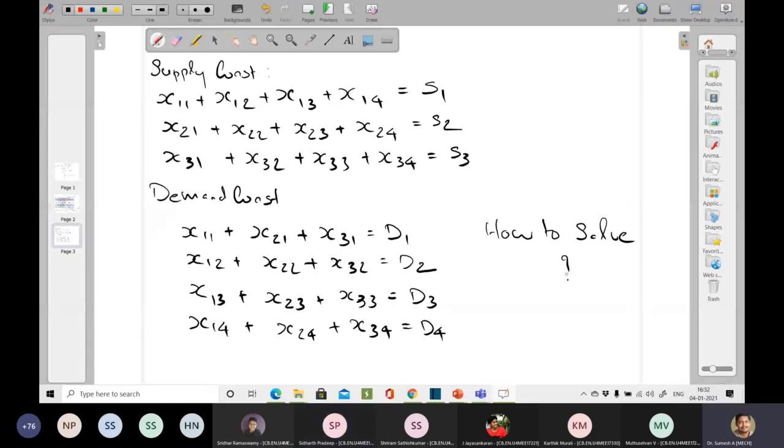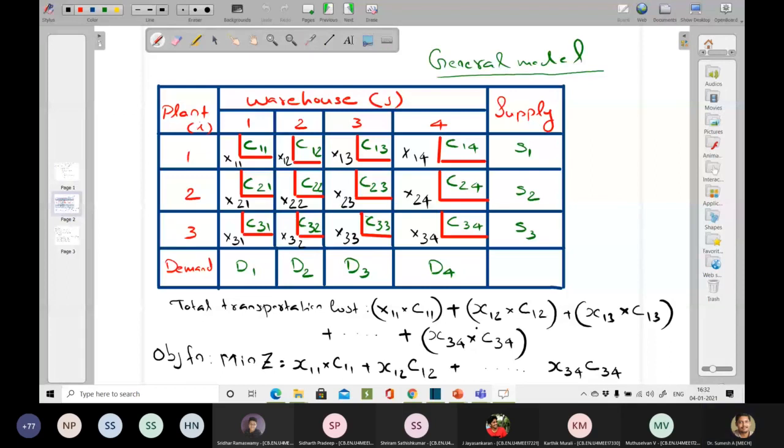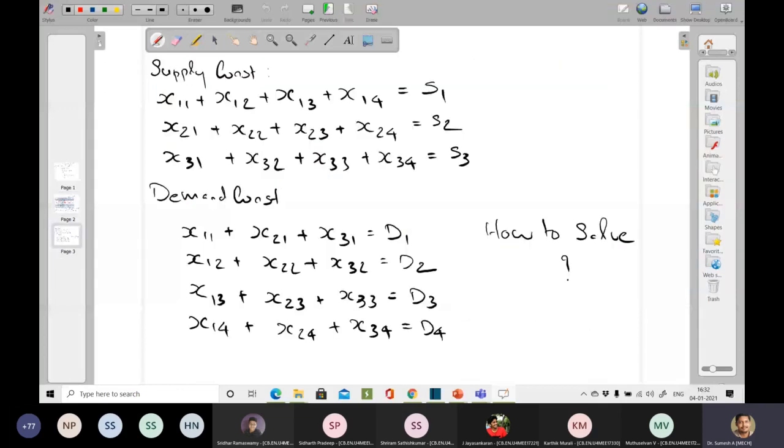So you have seen the objective function, the objective, and the constraints we have set. This is how a typical problem looks like that we have seen. Demand and supply we have seen. We have written the equation for the total transport function, and then we have moved into the demand and supply constraint. This way, if you want to solve it as a linear programming, you have to make the codes and you can solve. So it is not so easy to solve linear programming. That is what we have discussed.